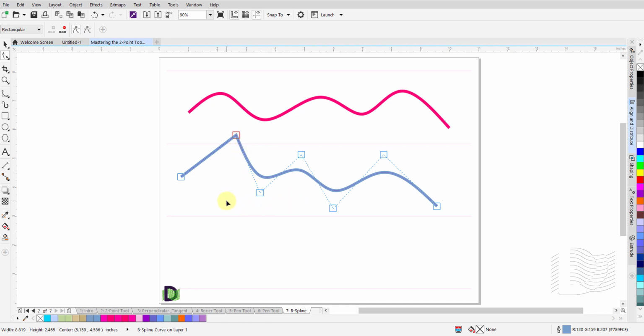If, and only if, a clamped control point lies between the two endpoints, can it be changed to a floating control point. Select a clamped control point that is situated between the two endpoints and click on the floating control point icon up in the Properties bar. You will notice it change into a floating control point.